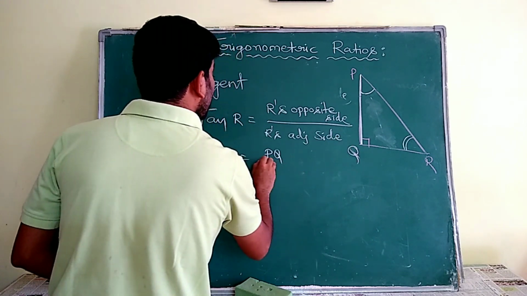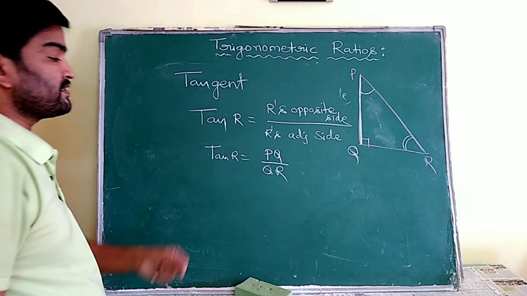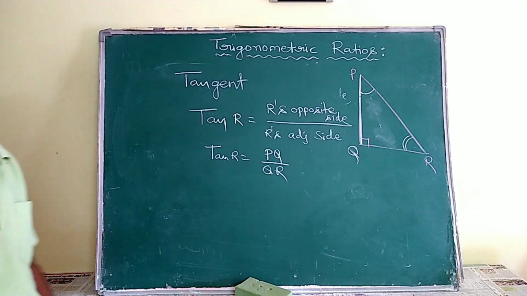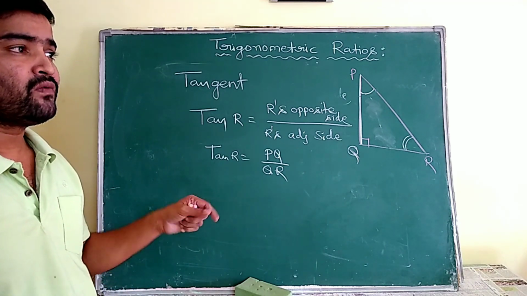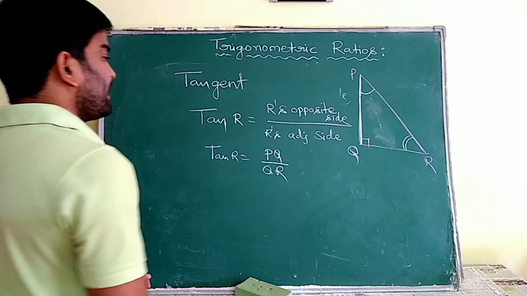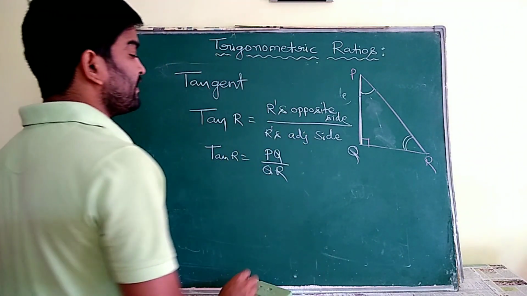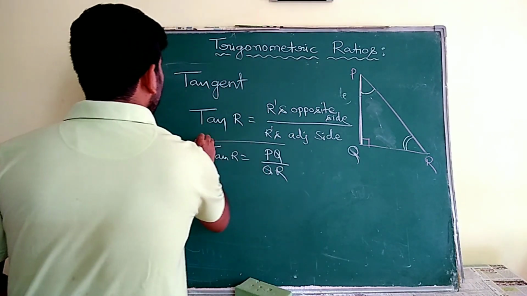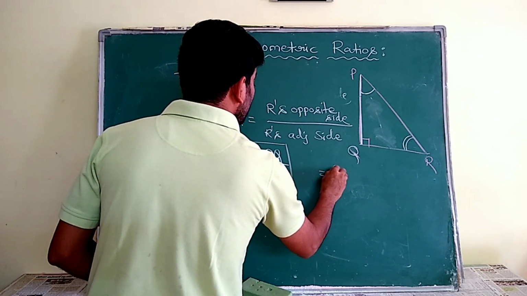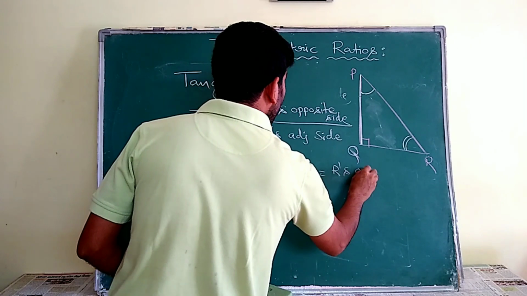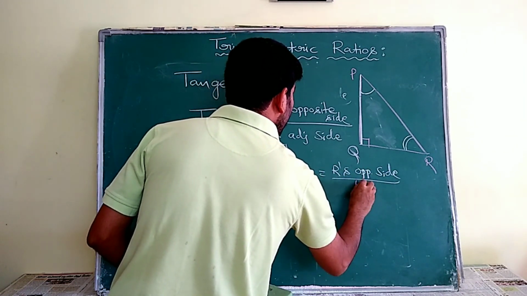Okay, R's adjacent side is QR. So tan R is equal to PQ by QR. Here we have to observe one more concept. I am going to divide this numerator and denominator with the hypotenuse. Then what does it become? R's opposite side by hypotenuse